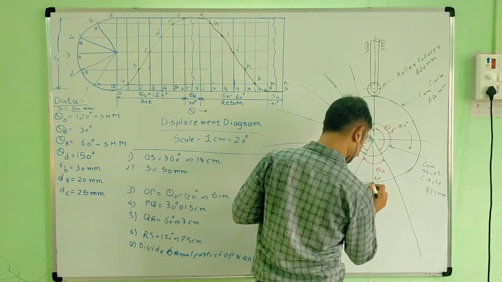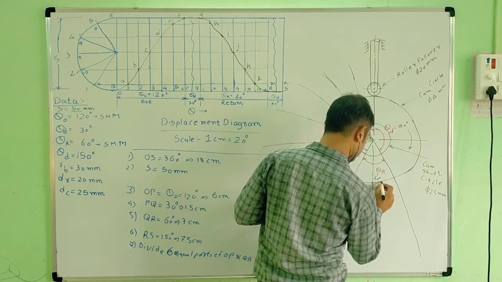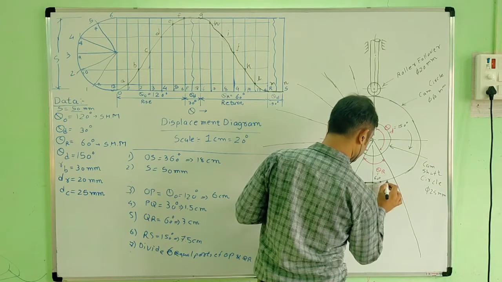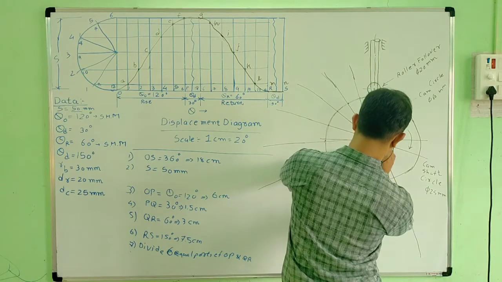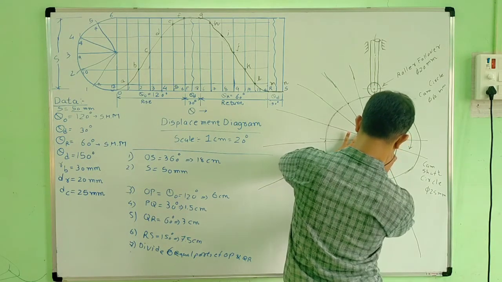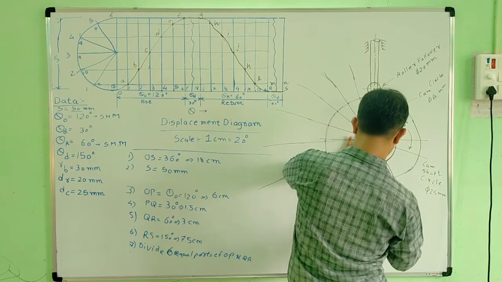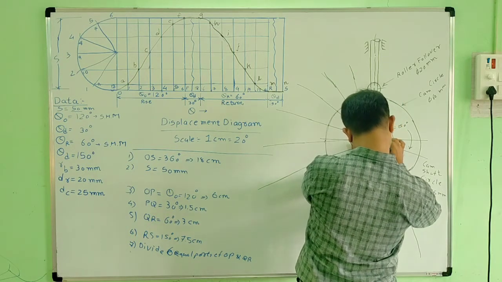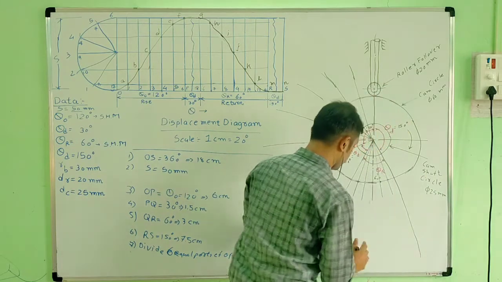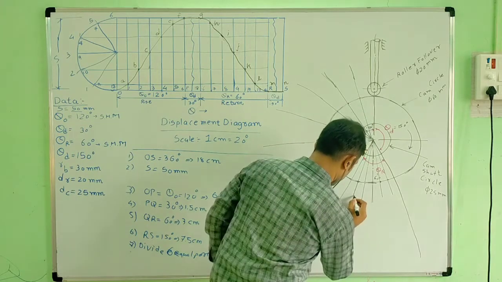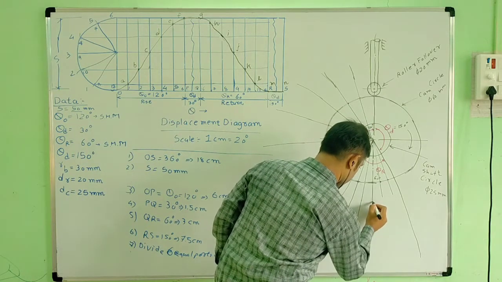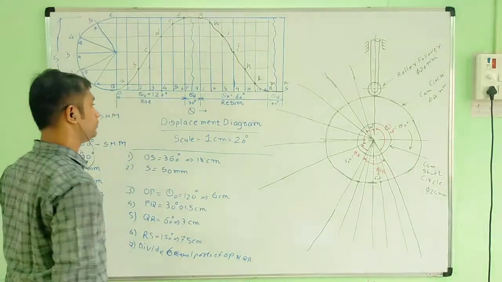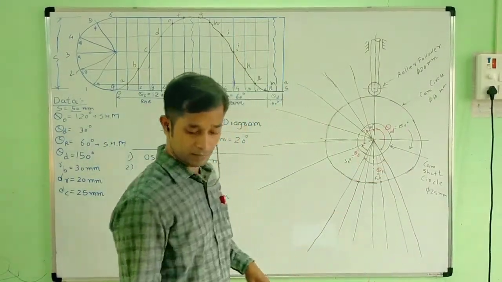Okay. 60 by 6. Okay. Then next what happened? Then again the 120 degree, so no requirement of dividing. Okay. Then next